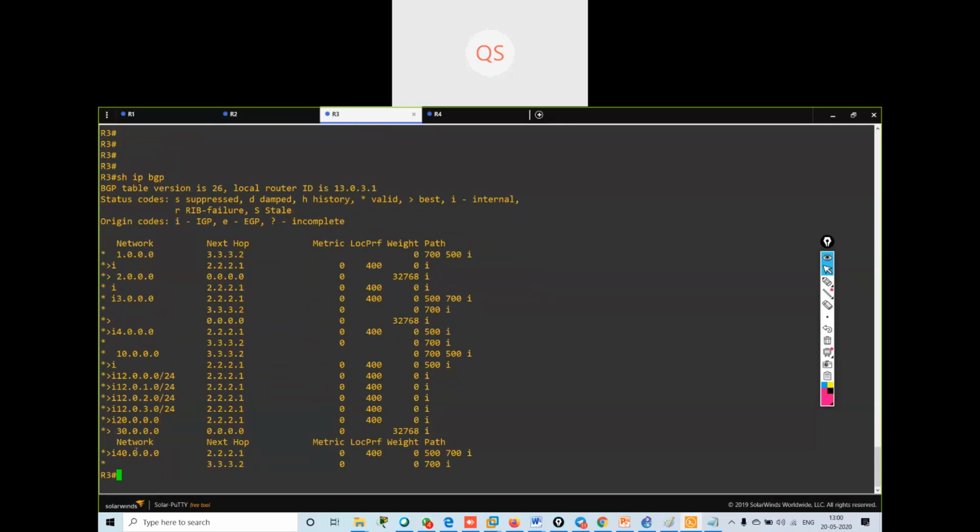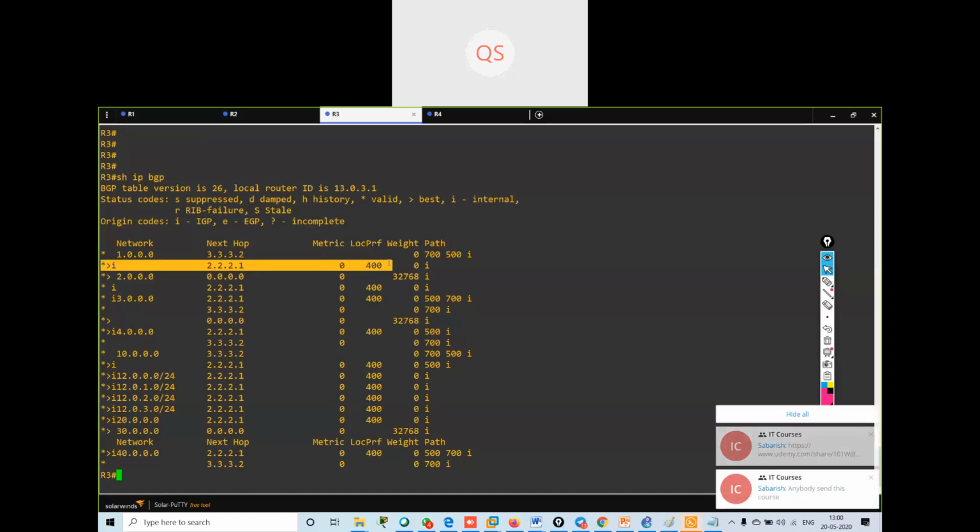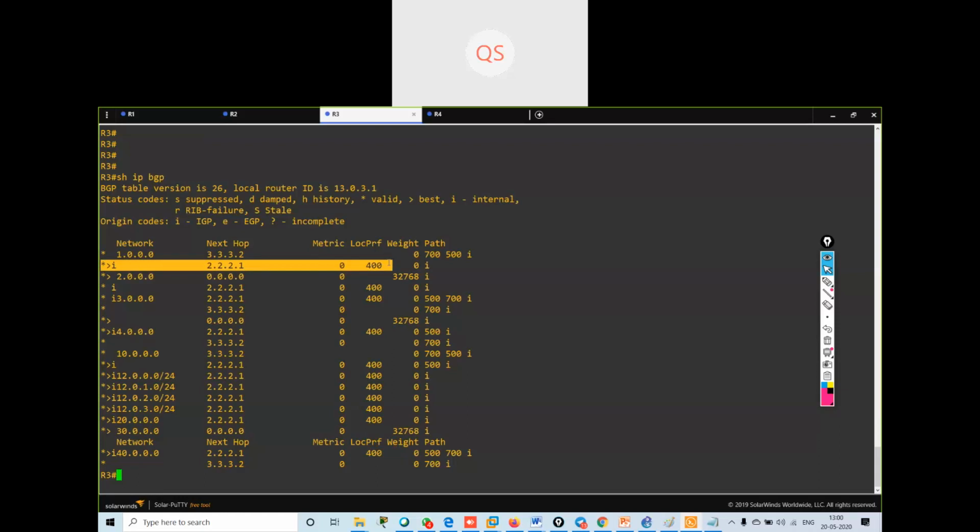If I want to reach the 40 dot network, you can see the best route is now 2.2.2.1 with the local preference as 400. If I want to go to 1 dot network, my best route is 2.2.2.1. So this is the use of local preference.